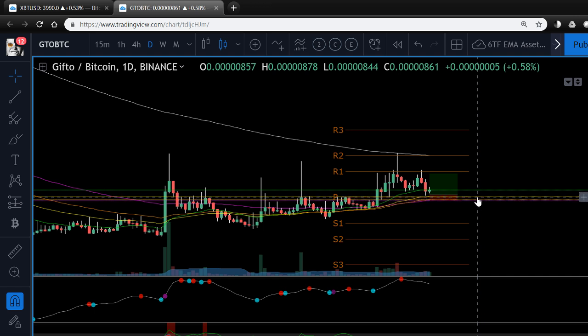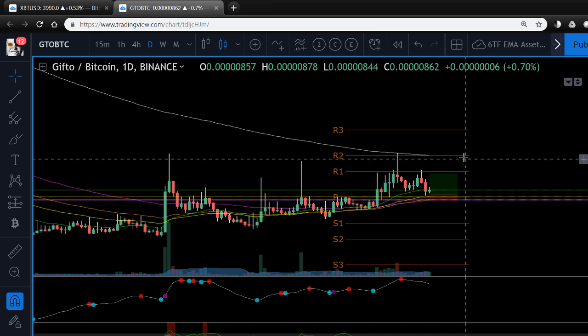We got a 40, a 55, and an 81, and the 100 as well. So I feel that those are going to hold this price even if we dump a little with Bitcoin. I think it may dump to here. And then this is the daily chart.